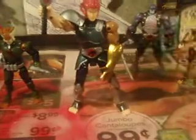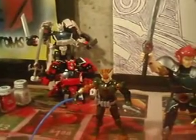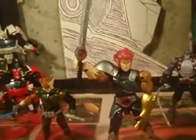Let me set him like that. It looks pretty good, if I do say so myself. Say hi, Drift, and Drift's repaints over there. But he looks pretty good with it. Anyway,